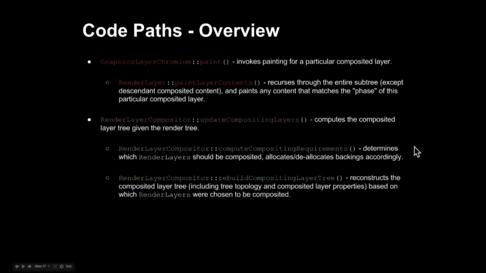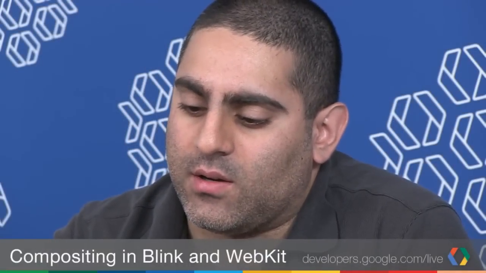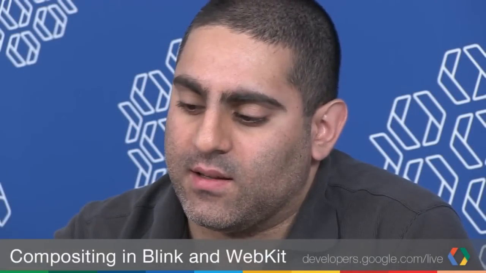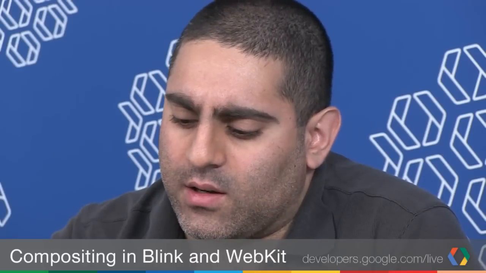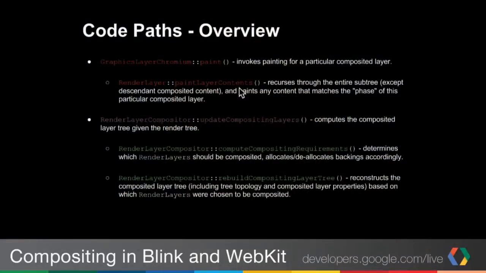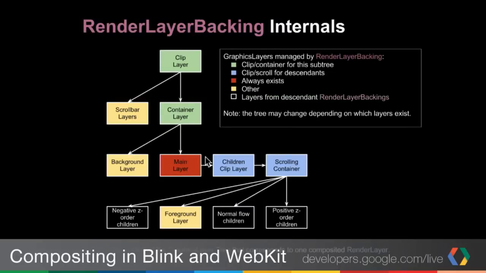Okay, so in terms of code paths, I'm going to go over this quickly. These slides will be available online. It's really something that you just have to read and look through. This is more of a reference than anything that is really worth explaining in a talk. But I will at least quickly say what we have then is we have a paint code path, which Chromium asks Blink to paint. And basically what happens is each graphics layer here has an associated paint phase,